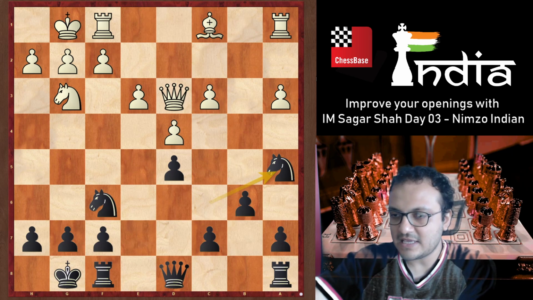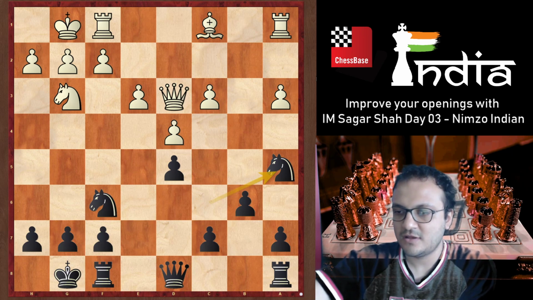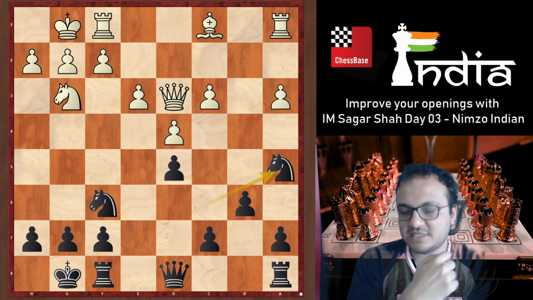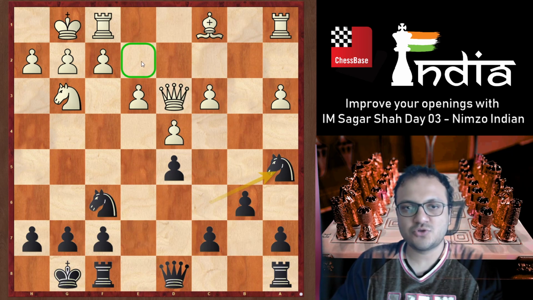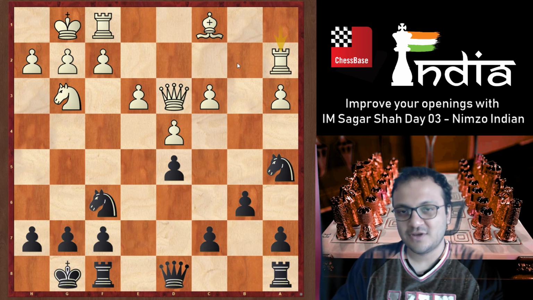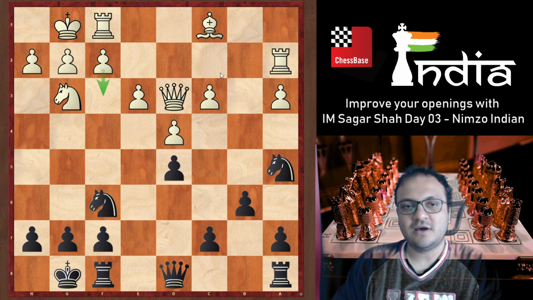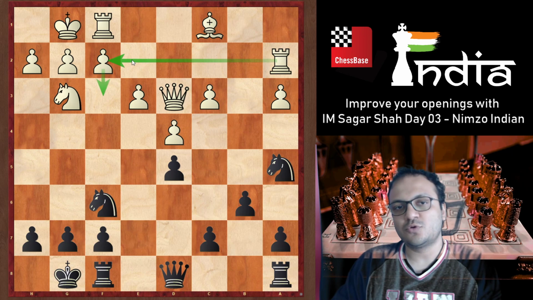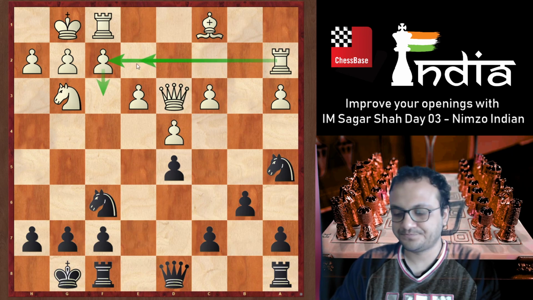Yes, I think Siddhartha has got it right. Dhanraj Patil as well is trying to find out people who have come up with this creative idea that I played in the game. Actually, it's not creative, it has been played many times. Ilam Parthi mentions rook b1, but I felt somehow that my rook has to come somewhere on e2, or if I play f3, it should swing to f2, and so I played this move rook to a2, which is an interesting move. I want to go with my rook to f2 or e2.